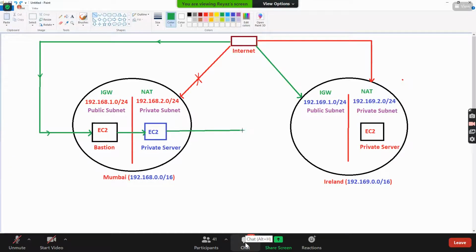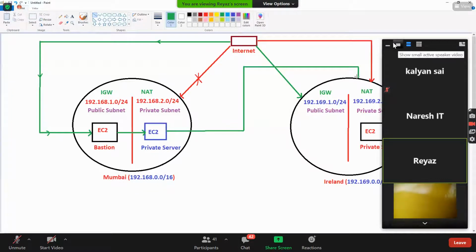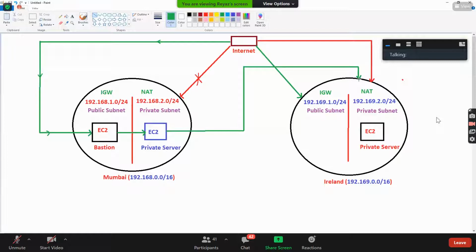So using this VPC peering concept, from here you can go directly like this. Make sense?